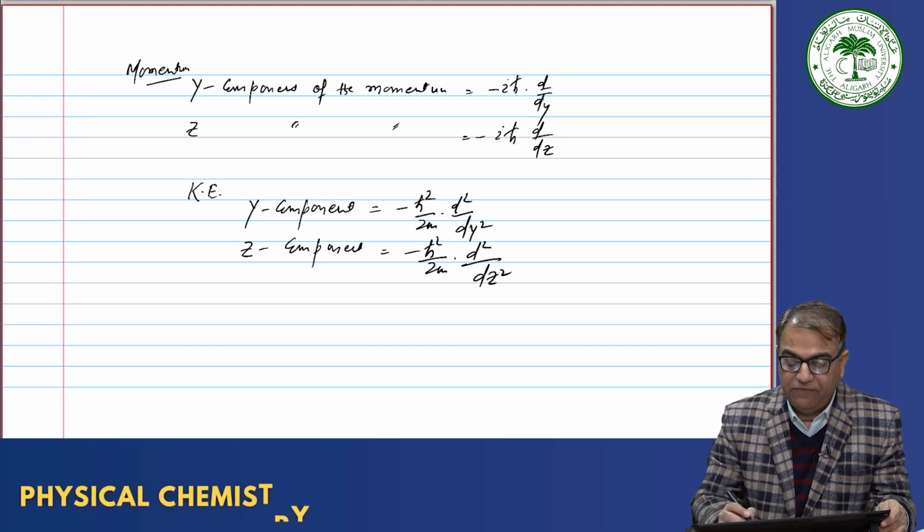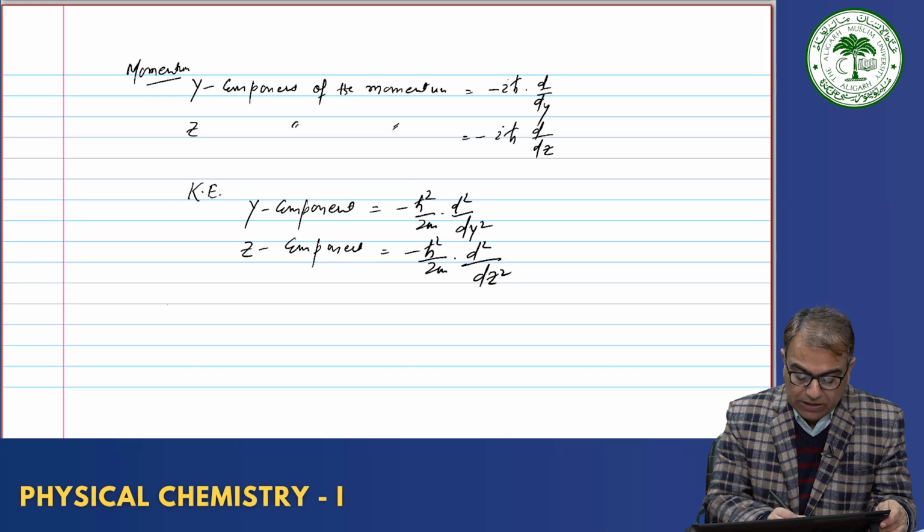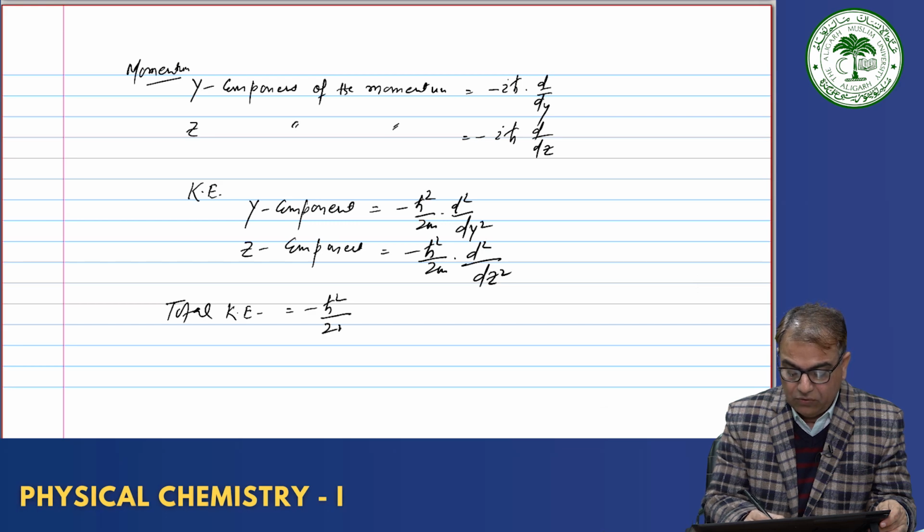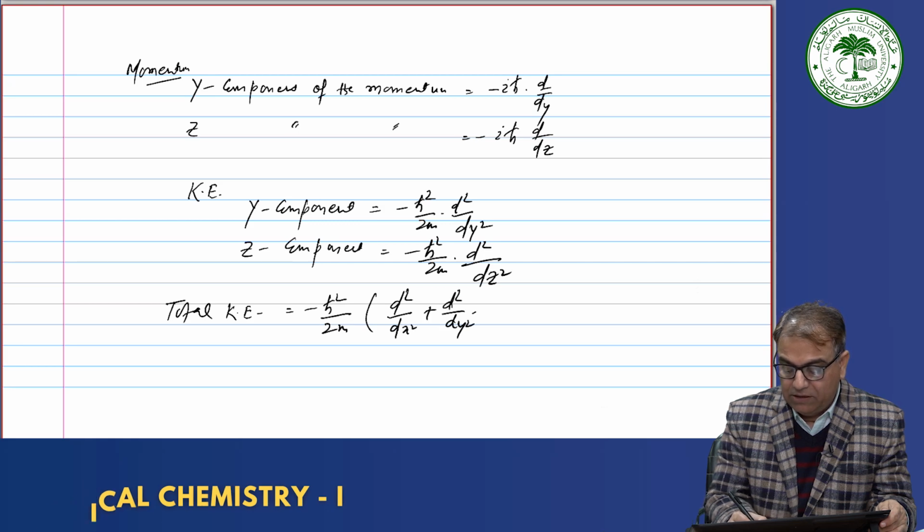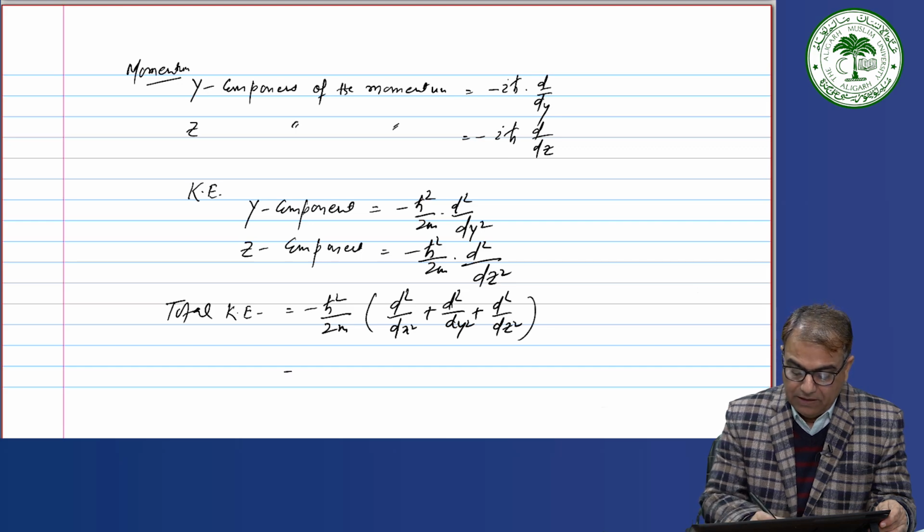Okay. So same way you can write, and if you have the total kinetic energy, then it will be common to everyone, minus h cross square divided by 2m d square by dx square plus d square by dy square plus d square by dz square, and this you know we can write as